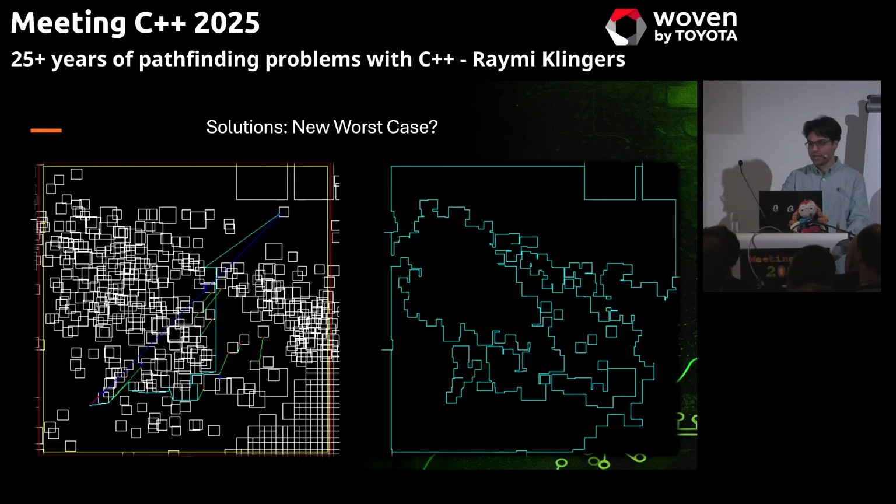Now, does our new solution have a worst case? I was not actually able to think of a worst case, but the closest thing that I could come up with was basically a very complicated scene where you have lots of objects and there's a very narrow path through this maze of units, basically. So that ends up that you get a very complex shape where you do an edge walk over hundreds of units, potentially, and you shoot many rays that intersect the same shape that you already have, only to, at the end, figure out that there's just a very narrow path that you can squeeze yourself through towards, basically, your goal.